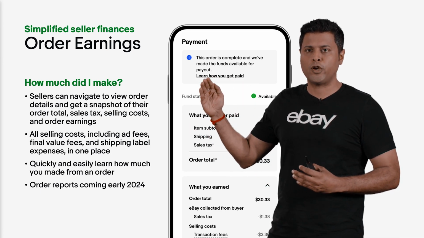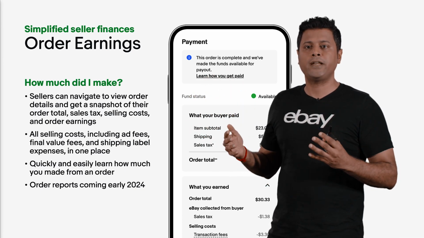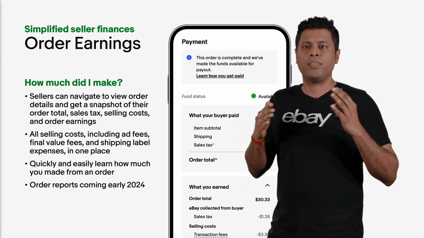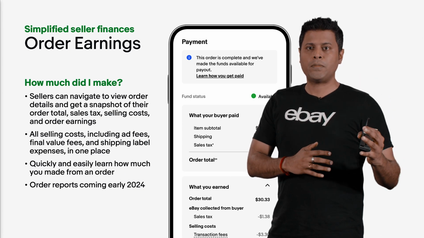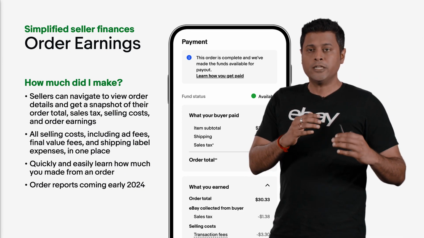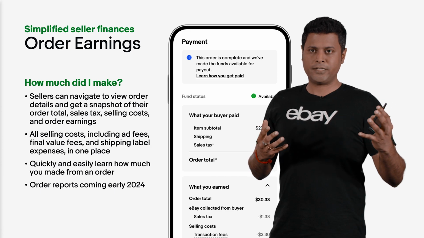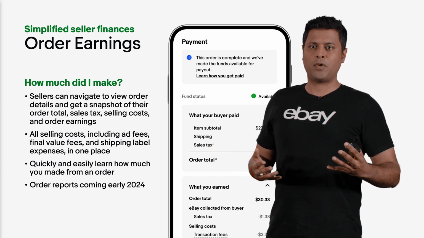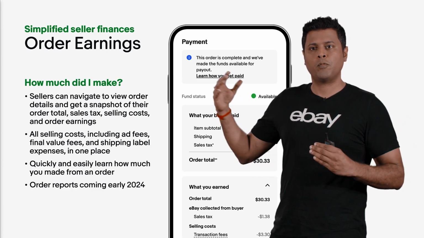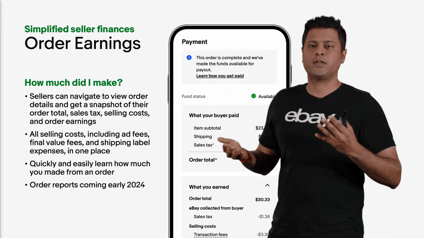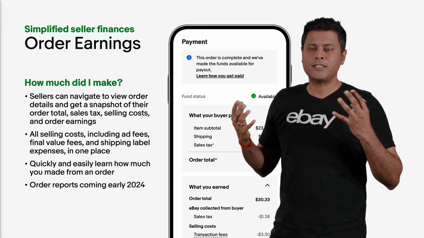First, you would go to your order details view to find out how much your buyer paid. And then you would go to a payments view, filter all the payment transactions by the order ID, do an additional filter to identify all the expenses associated with the order. And then you would subtract all those expenses from what your buyer paid to arrive at your net earnings. This is time-consuming,